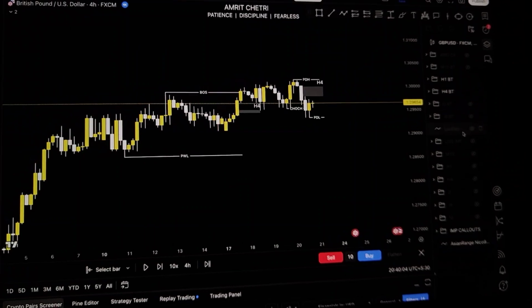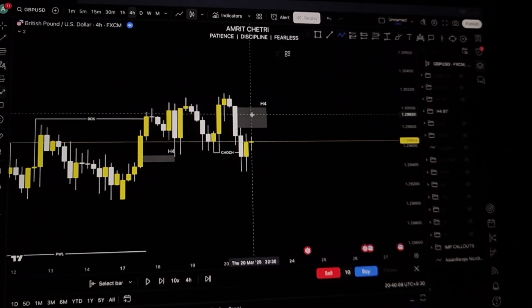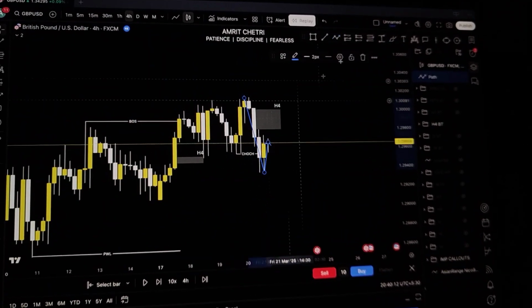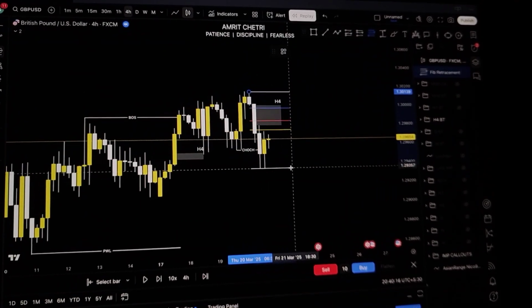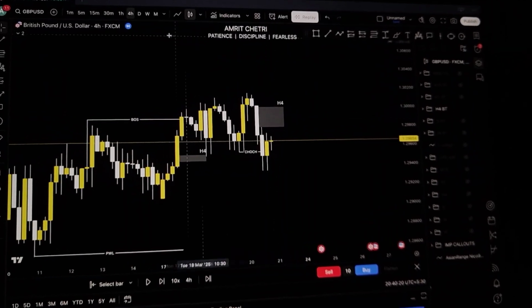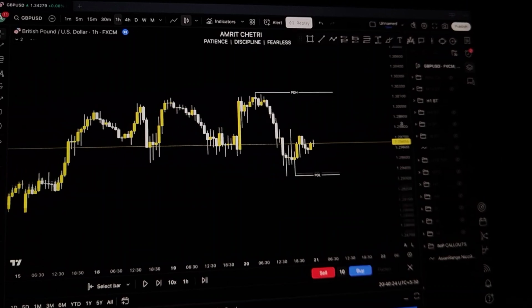Let me show you. This week, this was a very, very beautiful trade. On the 4-hourly time frame, you can clearly see there was a beautiful change of character right here. And when the change of character happened, I tend to draw the Fibonacci retracement. Also, the retracement made sense to happen to this H4 fair value gap. There was a fair value gap on the H4 time frame, which made sense to fill up.